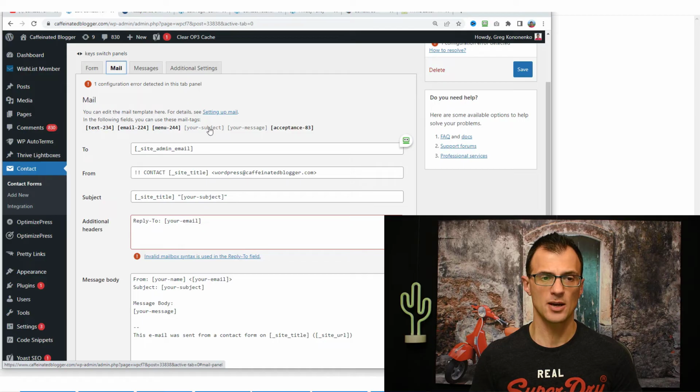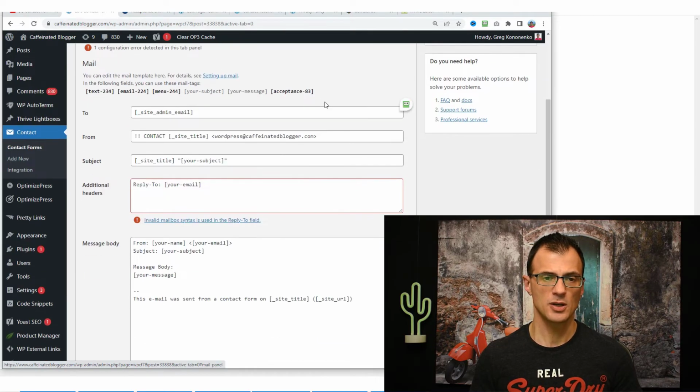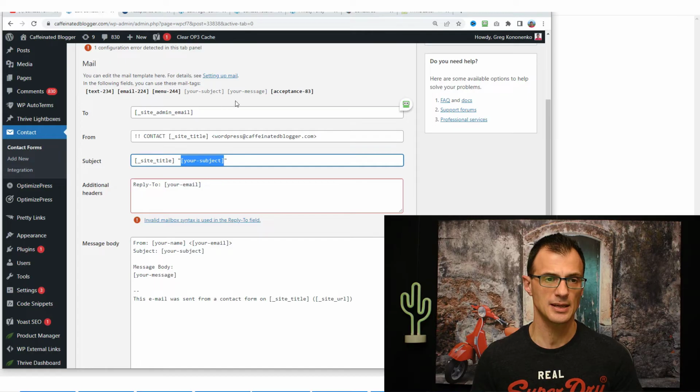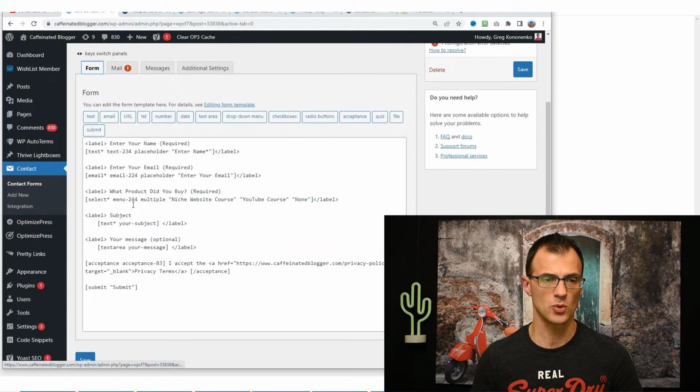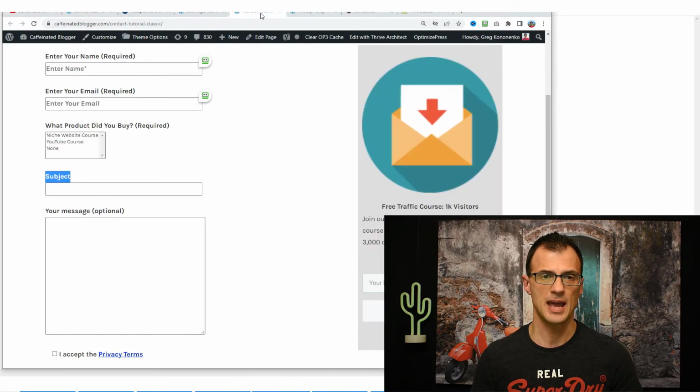They're all over here, all of these tags. So you can use any of them that you would like. And the first one here to use is in the subject. So we're referencing the your-subject tag, which is the tag over here, and which is also the tag over here, your-subject, which is going to be entered by the person on the contact form.